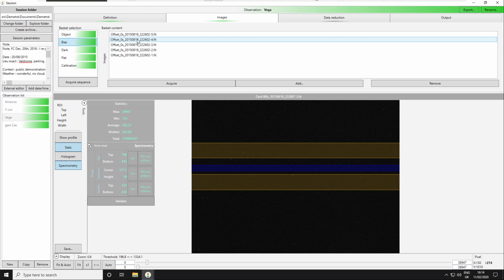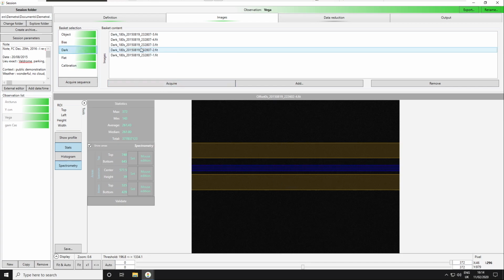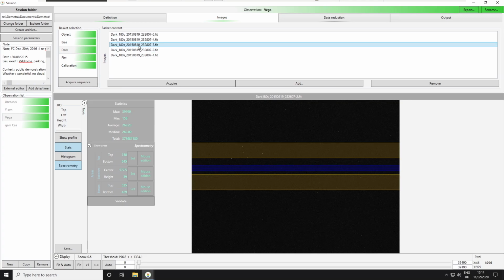If I look at the offset in the same conditions, there is no hot pixel. So this is really the reason we take darks: mainly to record the hot pixels. It's also to record the thermal signal, but with such a CCD chip in this camera, it's very low. So mainly the dark is here to record where the hot pixels are, to make sure that they are not confused with high intensity pixels.